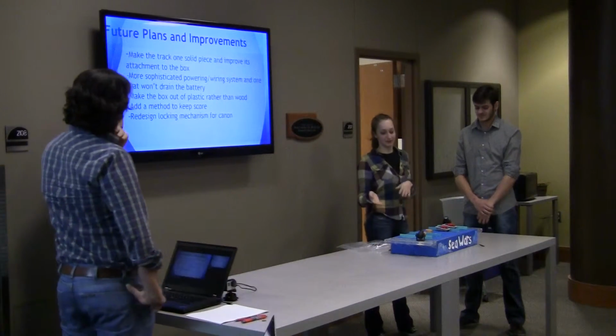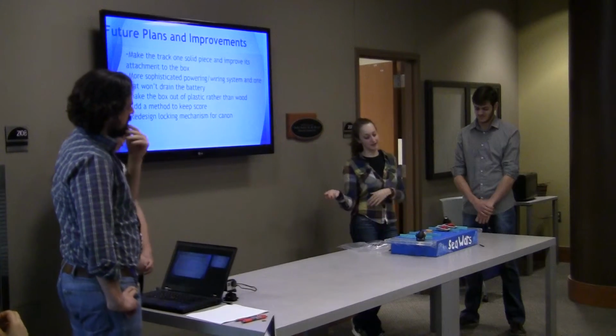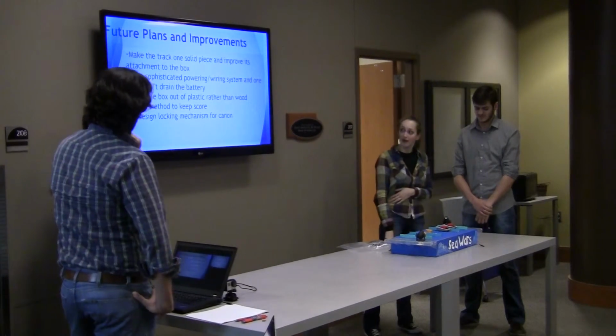And then the box itself is a little heavy, so in the future we wanted to make it out of something else that would be lighter. And then we would have liked